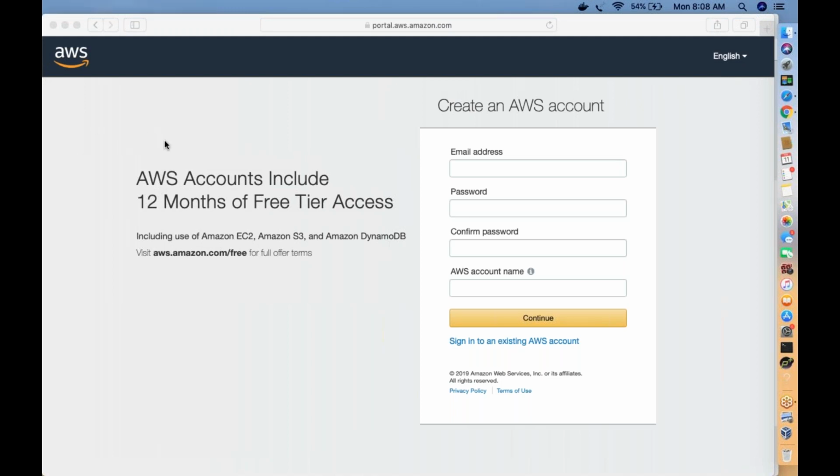Once you activate your account by providing your credit card or debit card details, there are some free services, and you have to use only those free services. If you're using other services which do not come under free, then AWS will charge you.